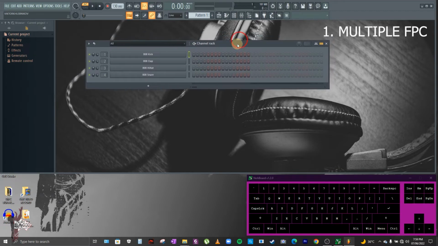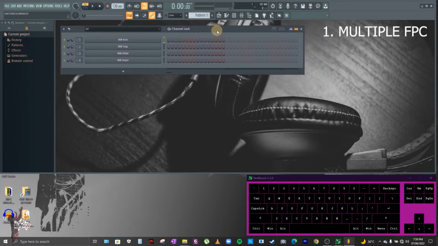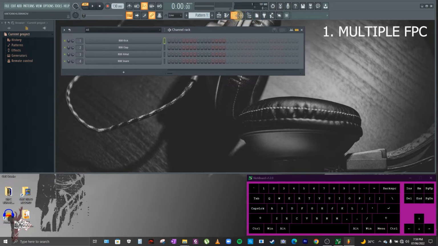This is the one showing on your screen right now. By default, when opening FL Studio, this automatically shows. But in case you cannot find this one, just click on this button here until it shows up again.